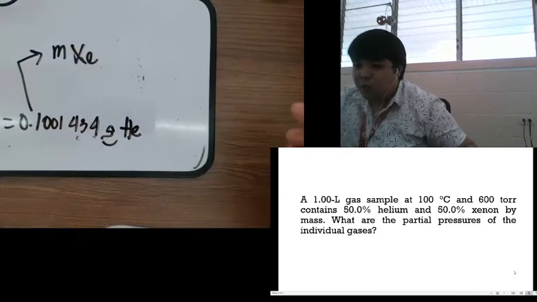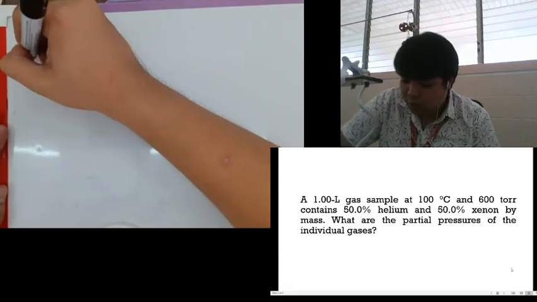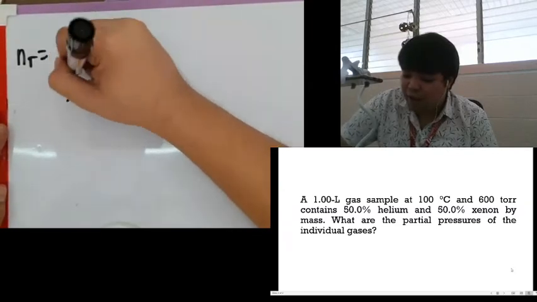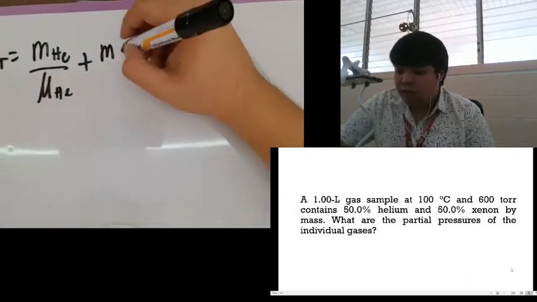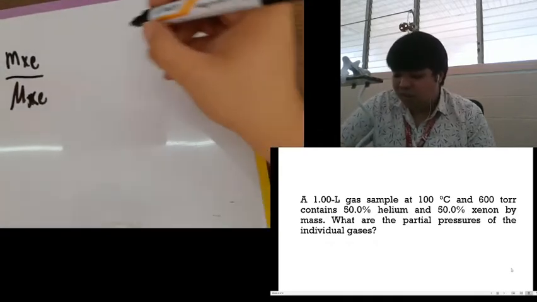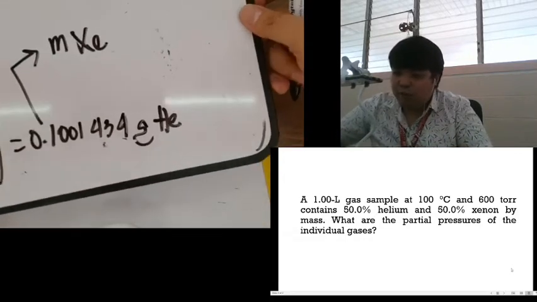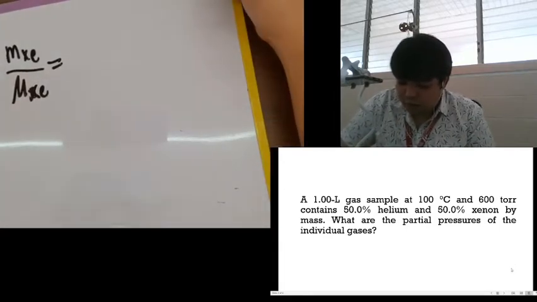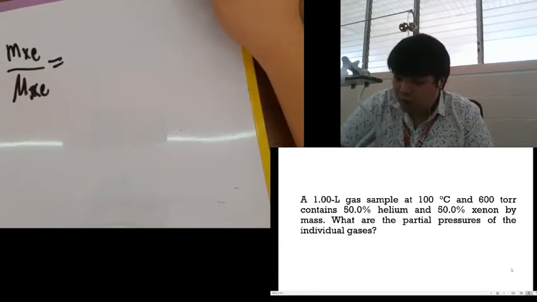Now, change board. We have shown earlier that the total number of moles is equal to the mass of helium divided by its molar mass plus the mass of xenon divided by its own molar mass. Then, based on what we solved earlier, which is 0.0134, we plug in our values. So 0.100